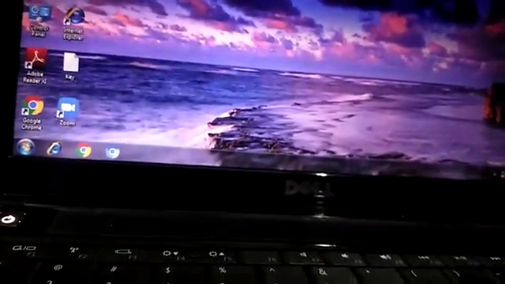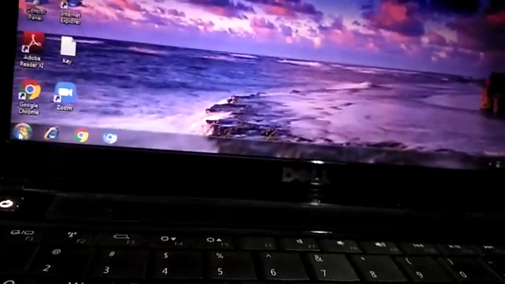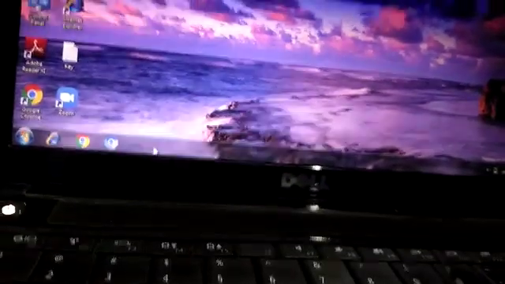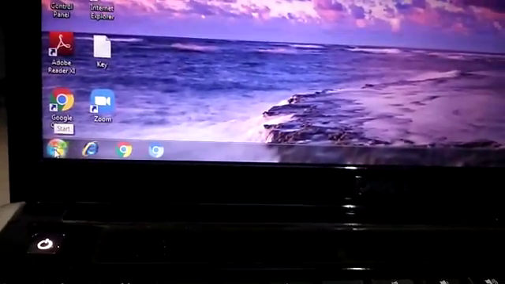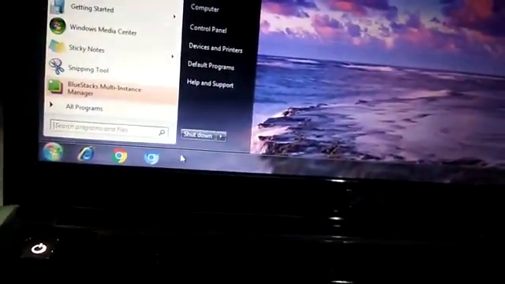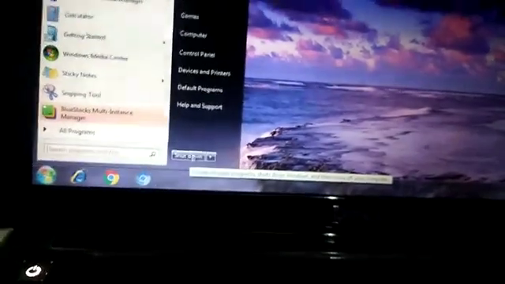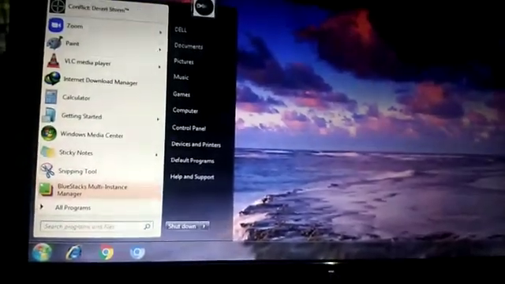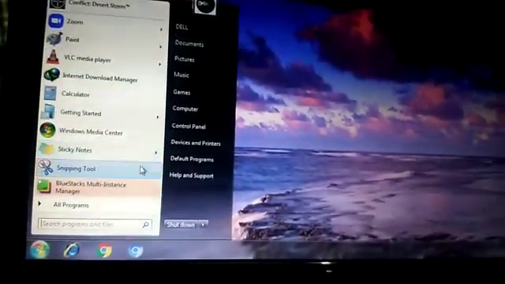See students, you can see the mouse pointer here. I'm taking this mouse pointer to the start button. Here, this is the taskbar. That is the bottom of your screen. Here is the start button. You can see it is showing Start. Here is the shutdown button. With this button you can switch off the computer system. Then any program or files you want to open, you can open by just clicking on it. Okay, so this is the function of the start button.